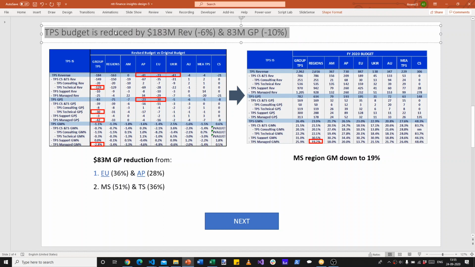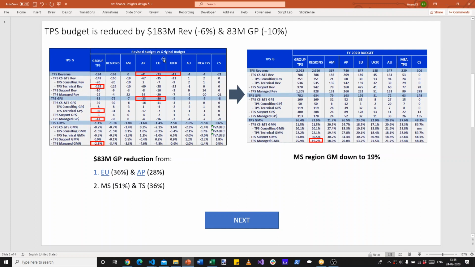Effectively, a slide title that summarizes the main point, with a couple of pivot tables as part of it, in which they highlight specific areas. So, for example, that the 6% reduction primarily came from three regions: AP, EU, and UK, and that the primary causes from function perspective are technical services revenue, and profit was primarily dropped because of technical services gross profit, and so on.